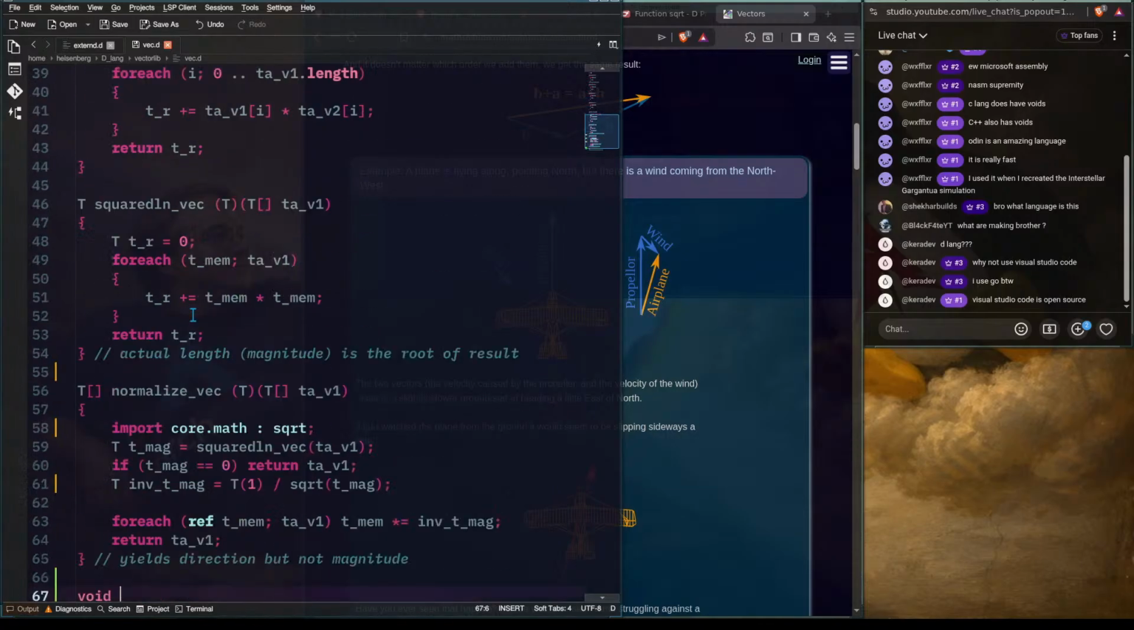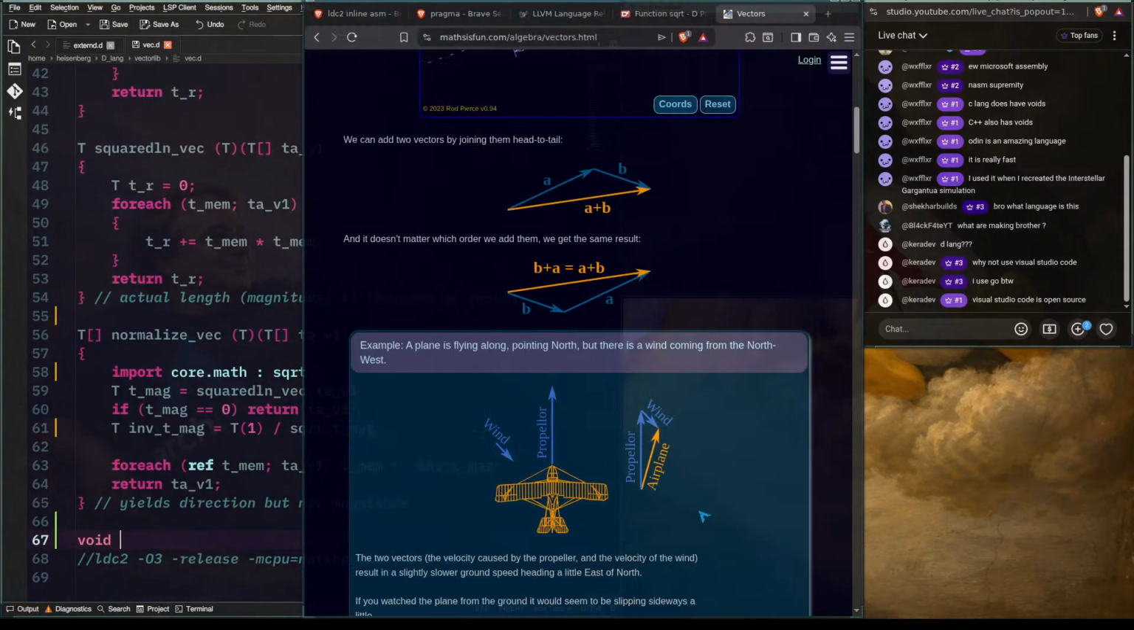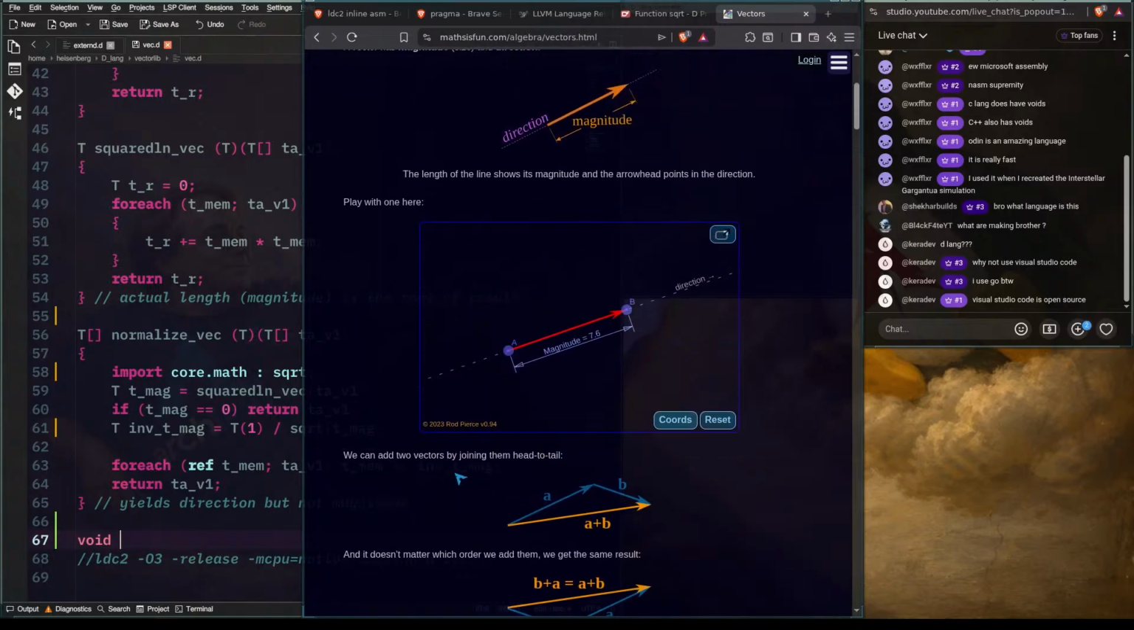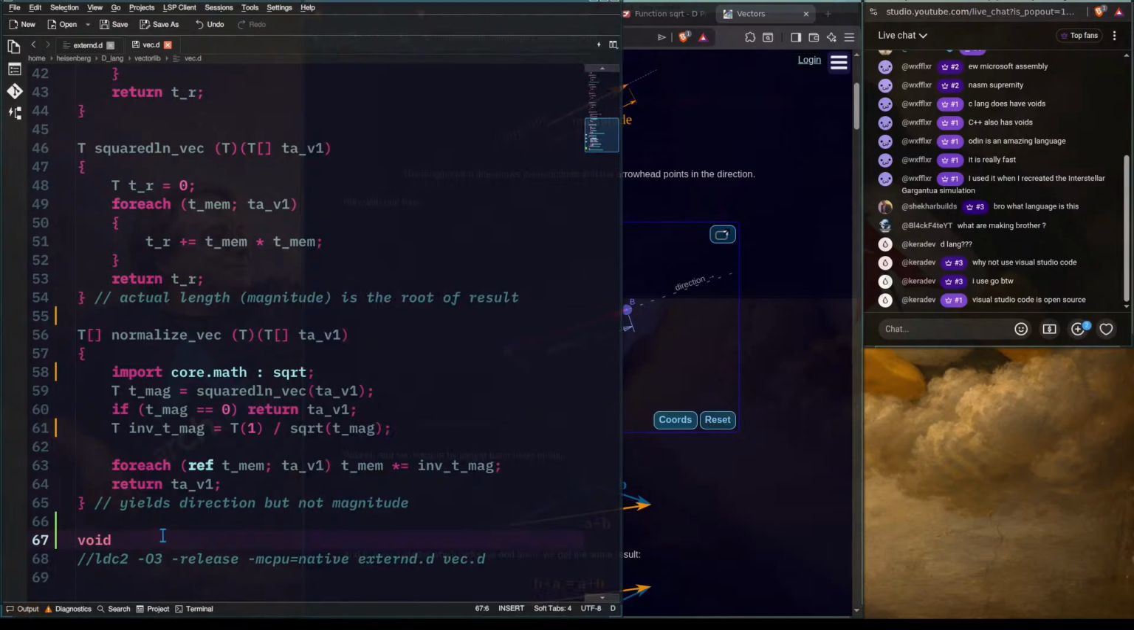Let's see, join_vec. What is this one called? Head and tail. So this is join